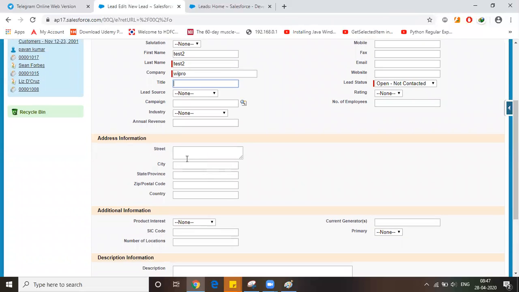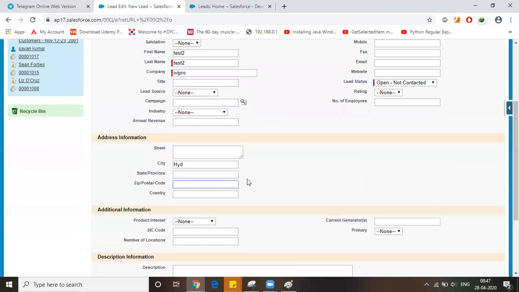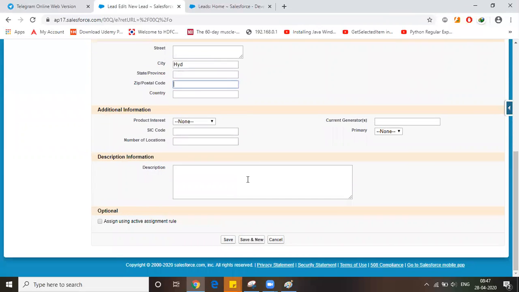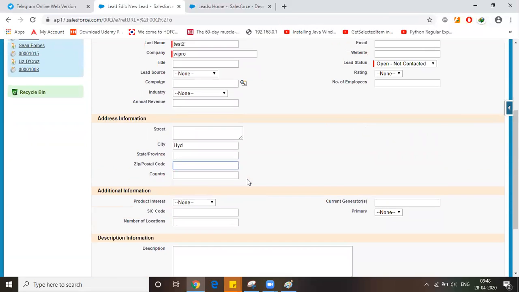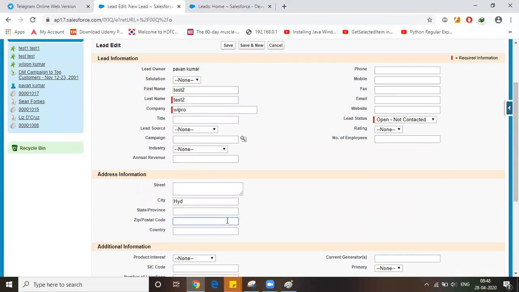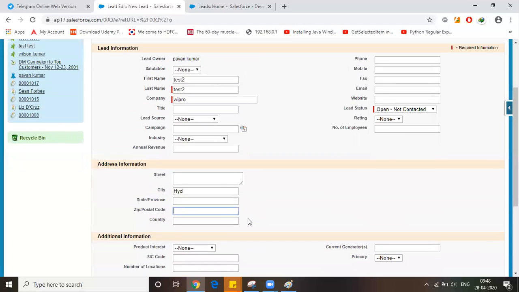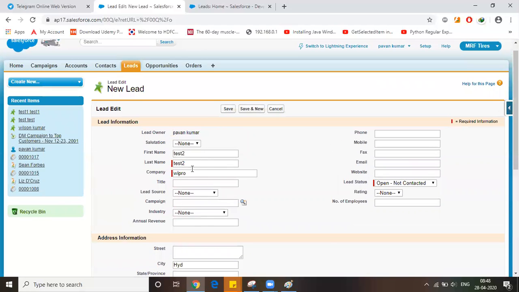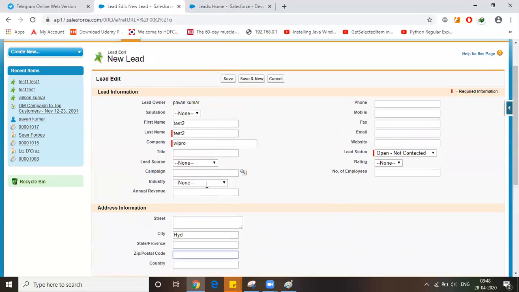Pawan, yes. The queues you selected, right? Bangalore team, Hyderabad team. Yes. How do we do that, we need to create the queues? Those queues we have to create. Queues concept is different, you will be covering that, right? Queue is nothing but a group of users. Yes, I'll show you how to create it. But I haven't included the users. For the time being, our intention is whether this lead can be assigned to the particular team or not. Yes, sir.